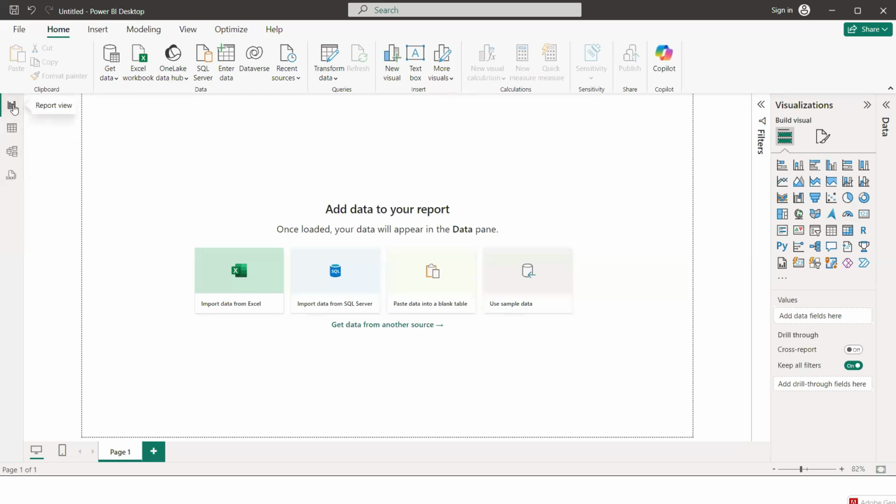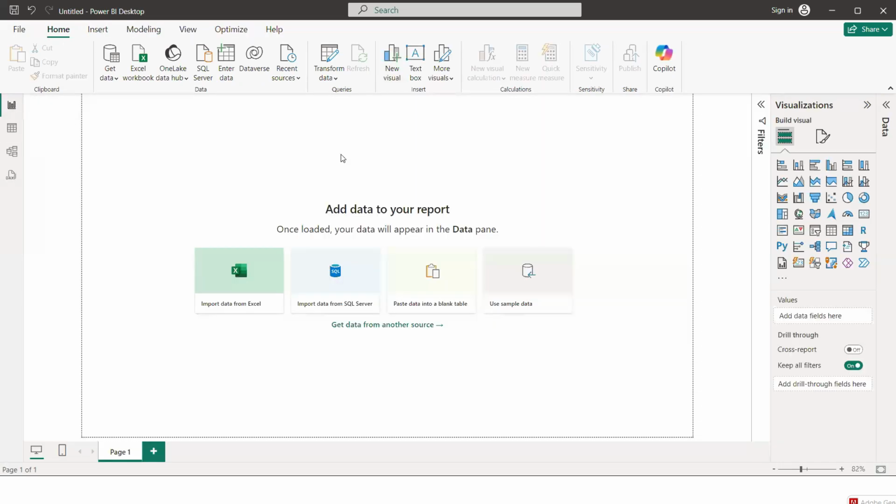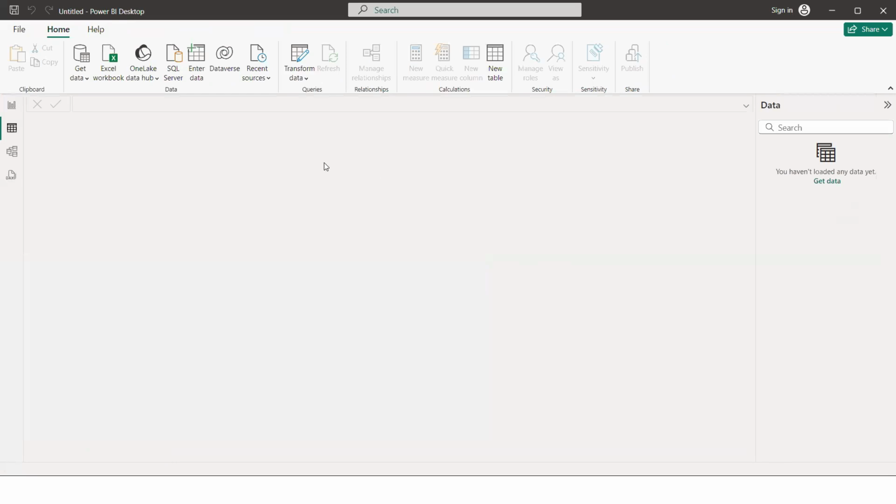So now let's look at this report view. This report view is where you're going to see your dashboard. If you're under this report view, you are going to see the dashboard of all the visualizations that you have created. So that's number one thing that we have. So we have the table view. This is where you're going to see the data that you have. So if you upload data, you are going to see your data here under the table view. And we also have